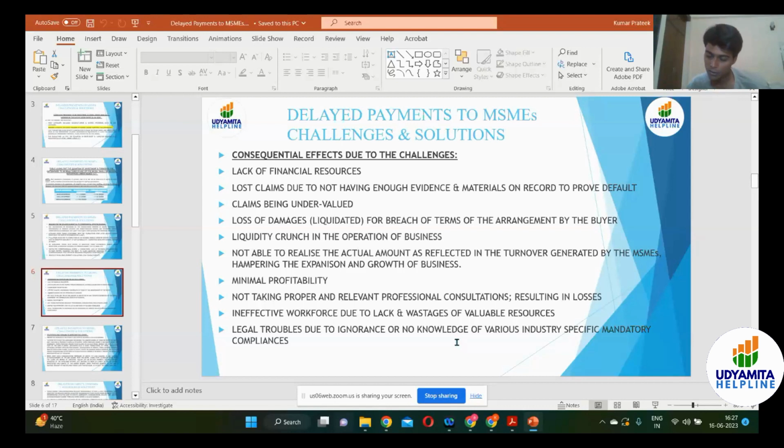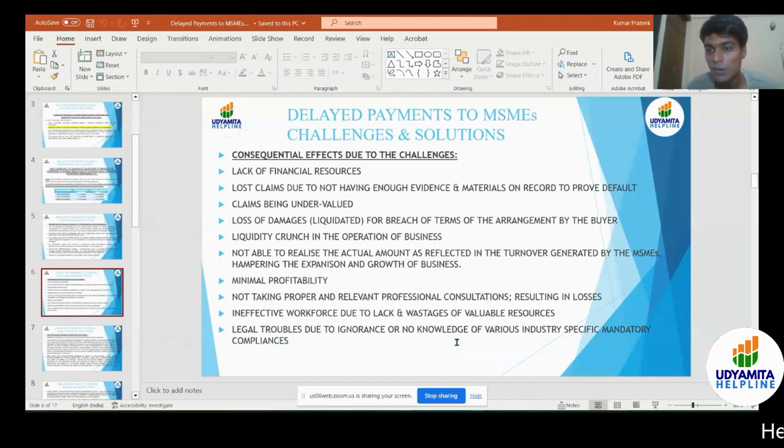What happens is, you have raised an invoice, and your turnover is based on the invoice, right? Or based on how many invoices you have raised to the other party. But on paper your invoices would be collated, and your turnover would be exceeded by far. But the actual amount that you are getting against those invoices is not always the same as the invoices that you have raised, right? So these differences in the actual realized amount and the actual invoiced amount are always there when